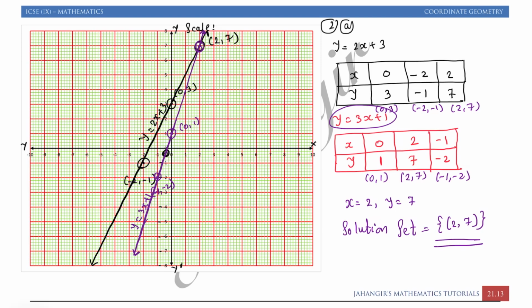Here in this way you can finish your equation by finding the solution set, because the question says solve the following equations graphically. Graphically means we have to find graphically the point of intersection of these two lines. Point of intersection is the point where two lines actually meet, and you can write the value of x and y from the graph where they meet.